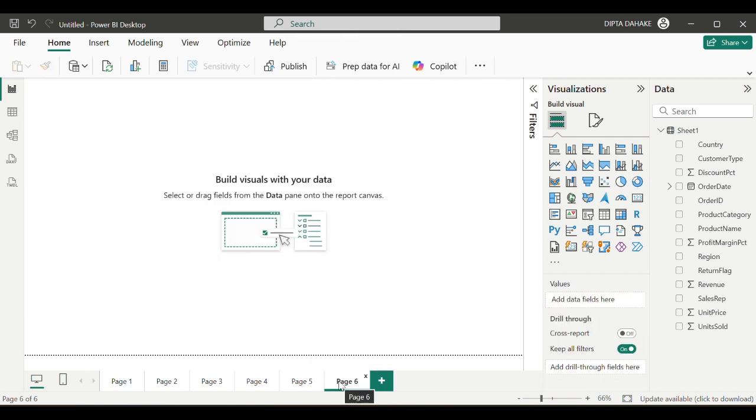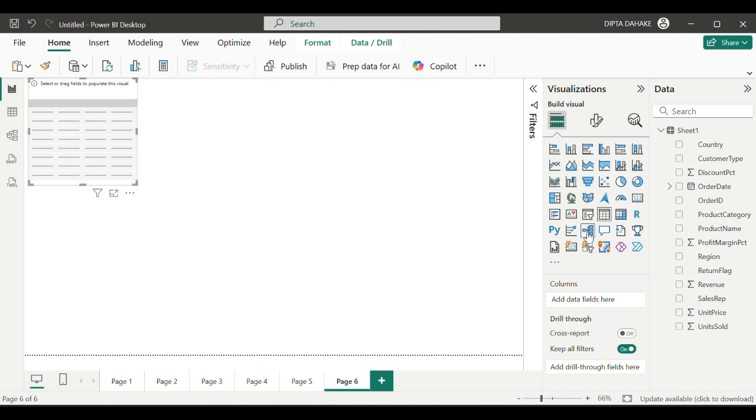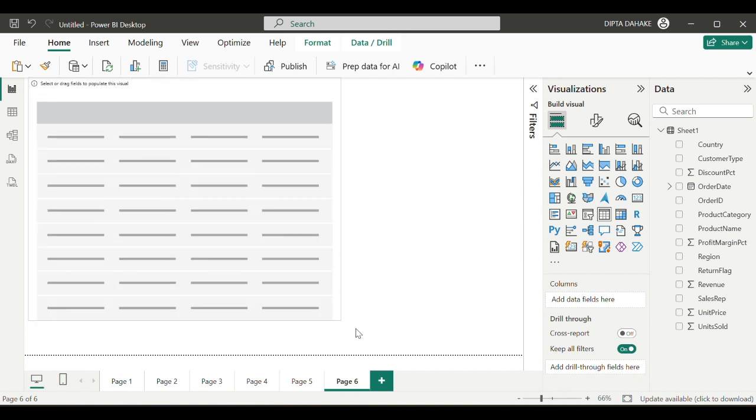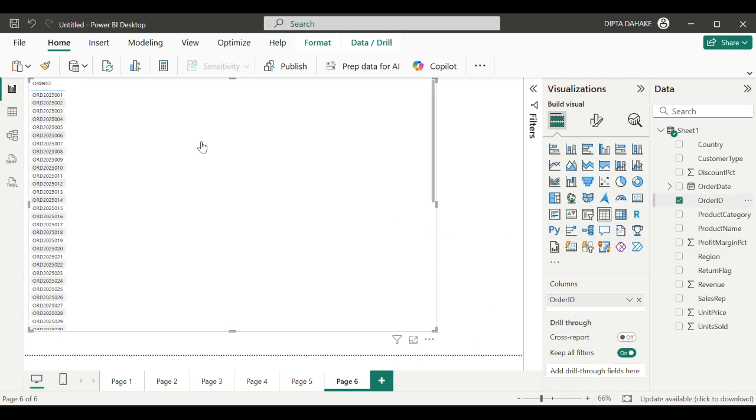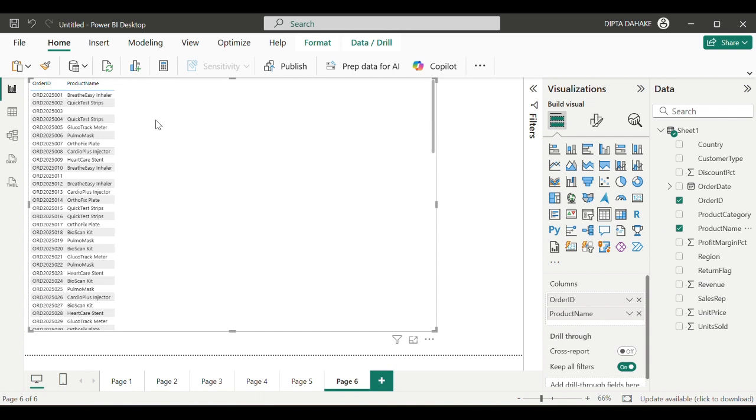Then let's make one table visual, which helps us to make a table directly without selecting each and every field. So here we have this table icon and we'll click it. Now for this, let me just enlarge it first. Yeah. So suppose if I want order ID, I can just drag it in this and it will show me all the order IDs. Then if I want product name,